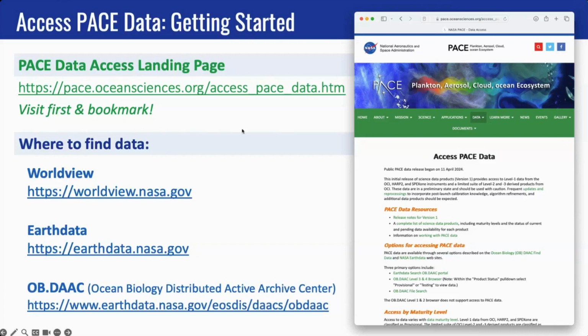After you read through this page, go check out, these are your 3 sources of NASA data. We have Worldview, Earth data, and a couple of OBDAC tools that are all access points for you to get to PACE data. And so a deep dive into how to use each of these tools could kind of fill their own webinar in and of themselves. So today I'm just going to touch on each one here enough for you to know what functions and data